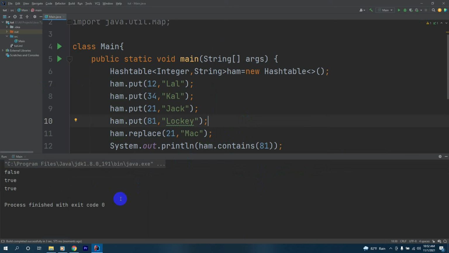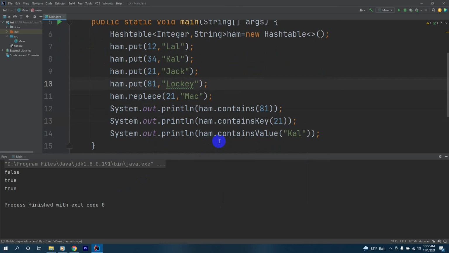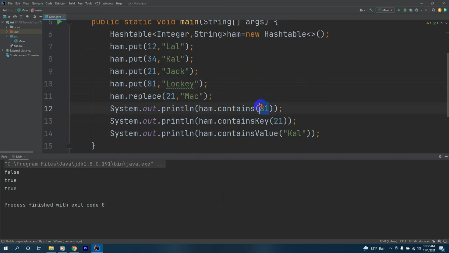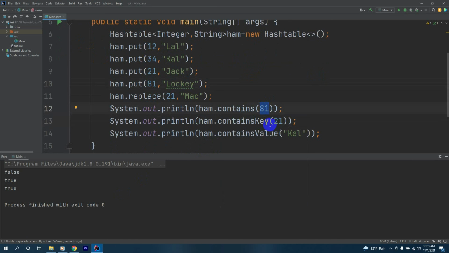We got false, true and true because ham doesn't contain any 81 value. We got true for containsKey because 21 is a key, and for containsValue Cal, because Cal was there, we got the output true.